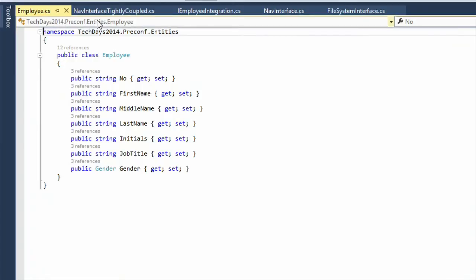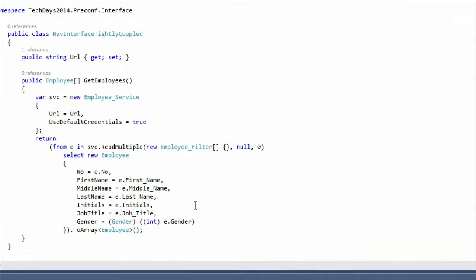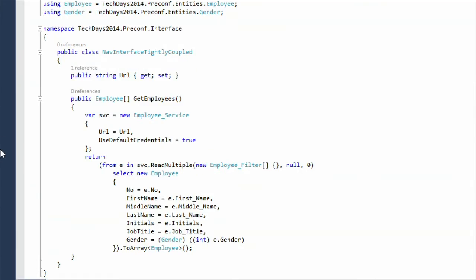The second thing is wrapping the original service into a wrapper. This wrapper has one single method, which returns an array of these employees, actually an array of my entity, not their entity, which was the NAV entity.